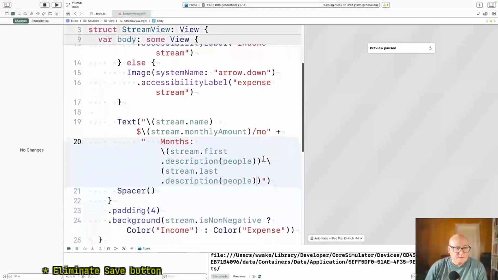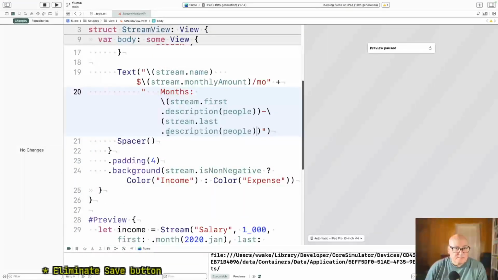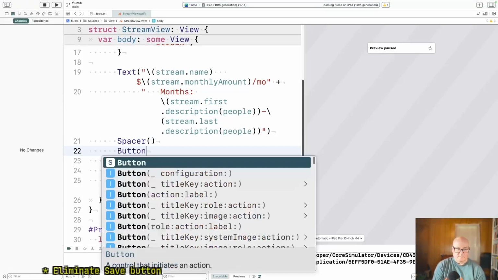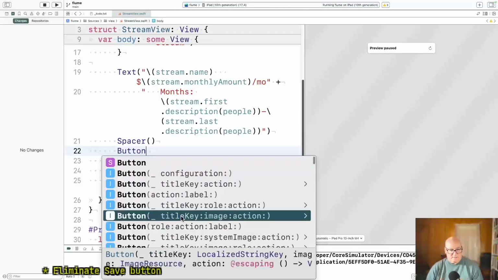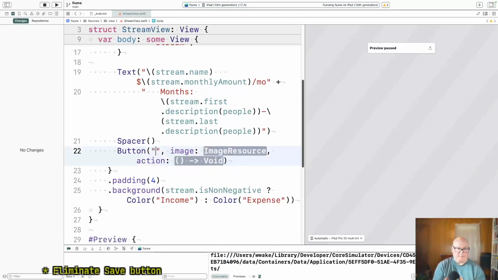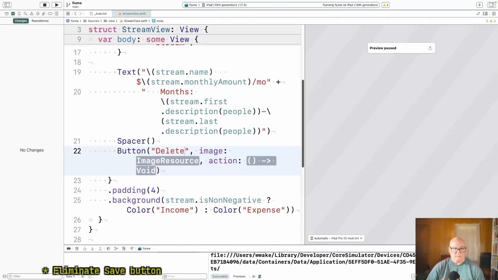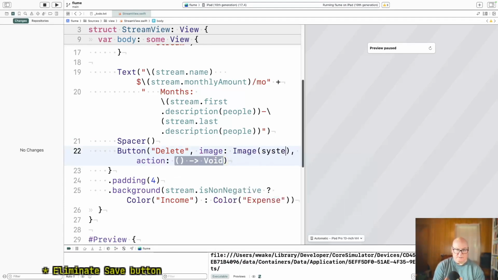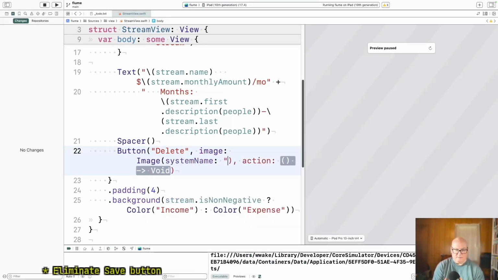Okay, so the stream has spacer, button, title key, and action. Title key, image action. That's the one I want. Image is image system name colon. Is it trash?